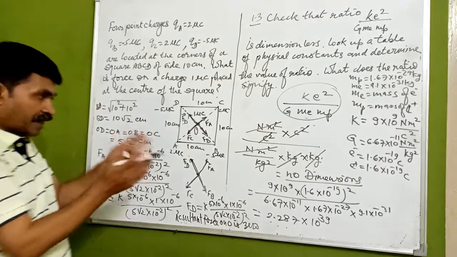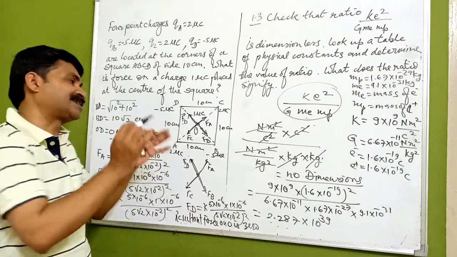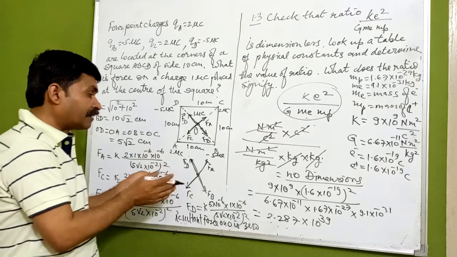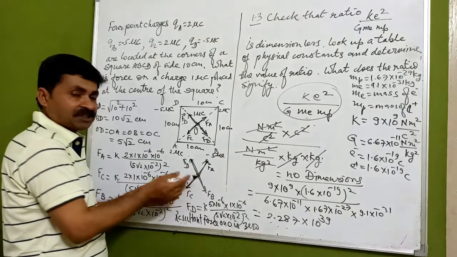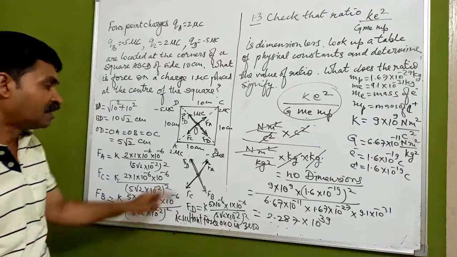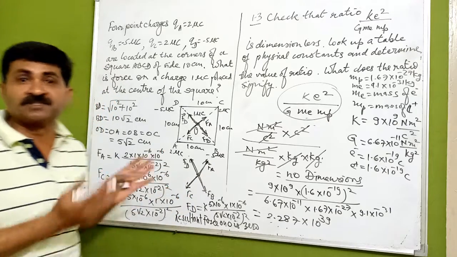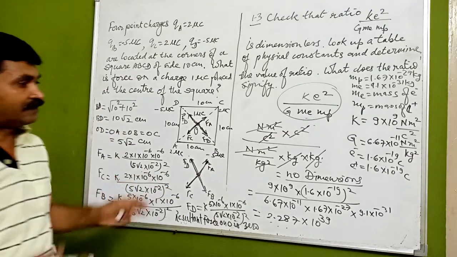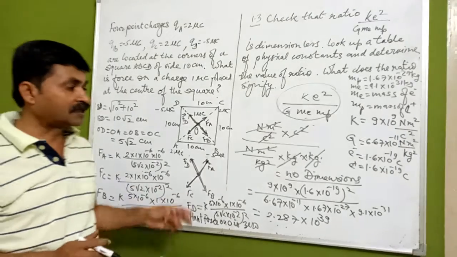So this way, by knowing the property that like charges repel each other whereas unlike charges attract each other, and that forces acting in opposite directions with equal magnitude cancel each other, the resultant force we get here is going to be 0. This way we can go further in the numericals. Now we are concluding here.